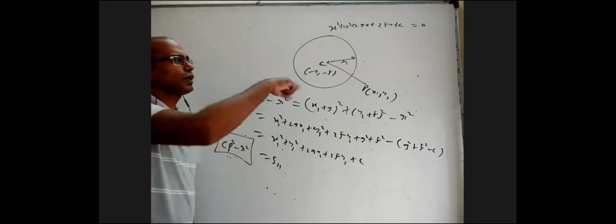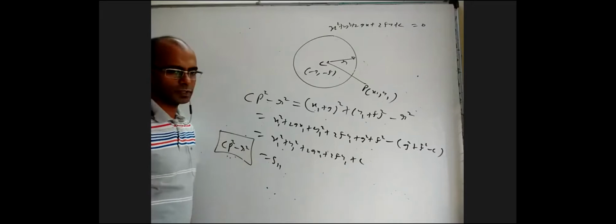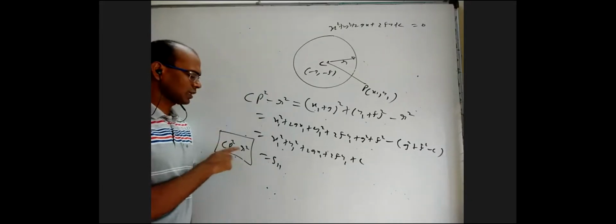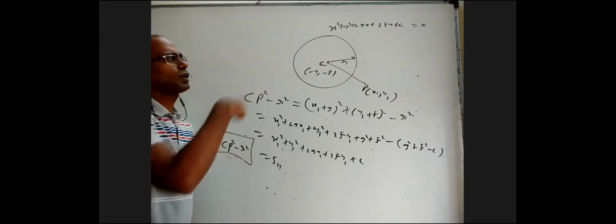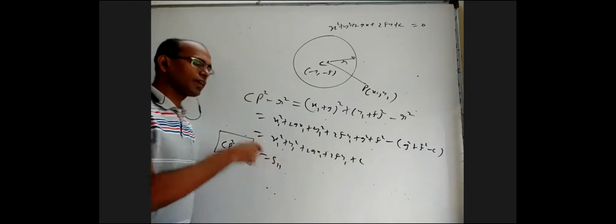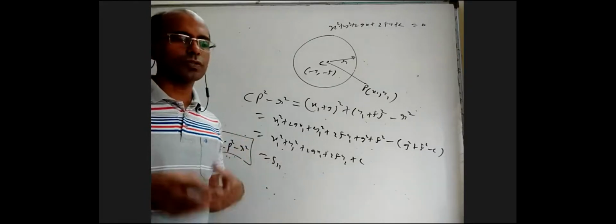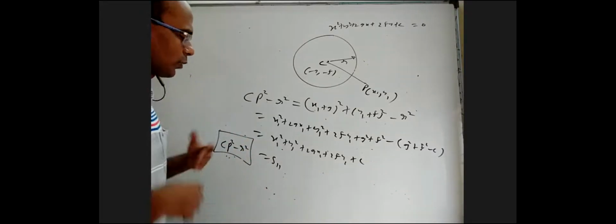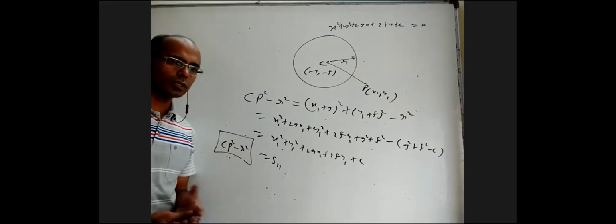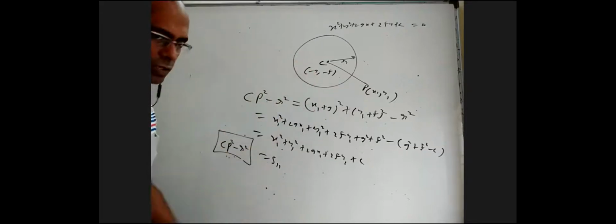Now, one is this represents the power. Second thing is if a point is outside the circle, this S11 is positive because CP is more than radius. If a point is on the circle, this and radius are equal, so it will be 0. When a point is inside the circle, this is smaller than this, it will be negative. So the sign of S11, that is substituting the point in the circle, whether you get a positive number or 0 or negative number, tells you whether the point is on the circle or outside the circle or inside the circle. For a point outside the circle, power is positive. For a point inside the circle, power is negative. For a point on the circle, power is 0.